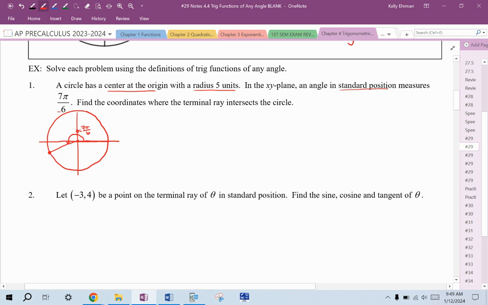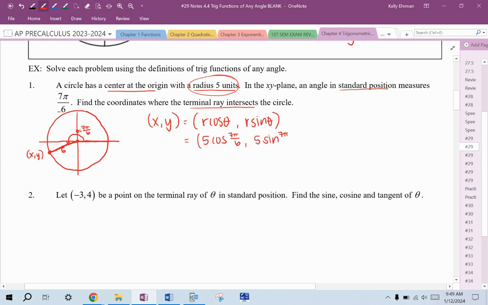All right, find the coordinates where the terminal ray intersects the circle. That is just a fancy way of saying find the xy coordinates of this point right here. The point on the circle is what I've been saying. We just came up with a formula, right? We said any xy should be equal to r cosine theta, r sine theta. Well, they gave us r, right? The radius is 5 units. That's this length right here from center to circle. So that's 5. So 5 times cosine of theta, which is 7 pi over 6, and 5 times sine of